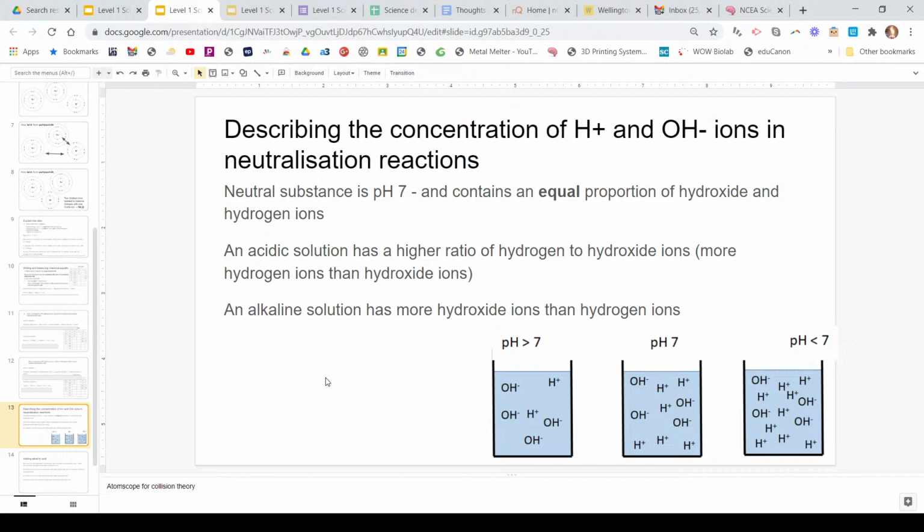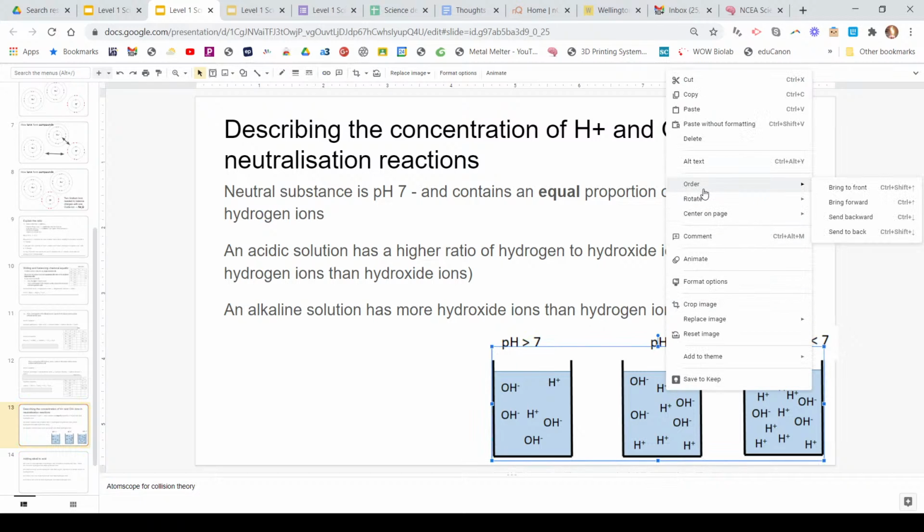So if there is an even ratio of hydrogen and hydroxide ions, and by that I mean if there are 3 hydrogen ions and 3 hydroxide ions, that's an even ratio, 3 to 3, then the solution is neutral, pH 7. In this diagram down here, we can see in the solution there's a whole load of OH's floating around and a whole load of H's floating around, and at the moment that's not actually neutral because we've got 6 hydrogen ions and 4 hydroxide ions. So what we need to do in order to make that neutral